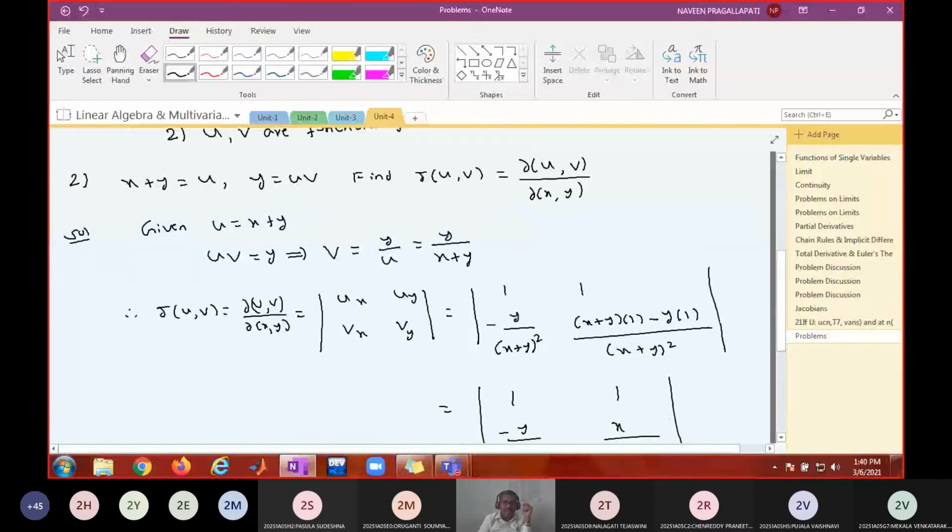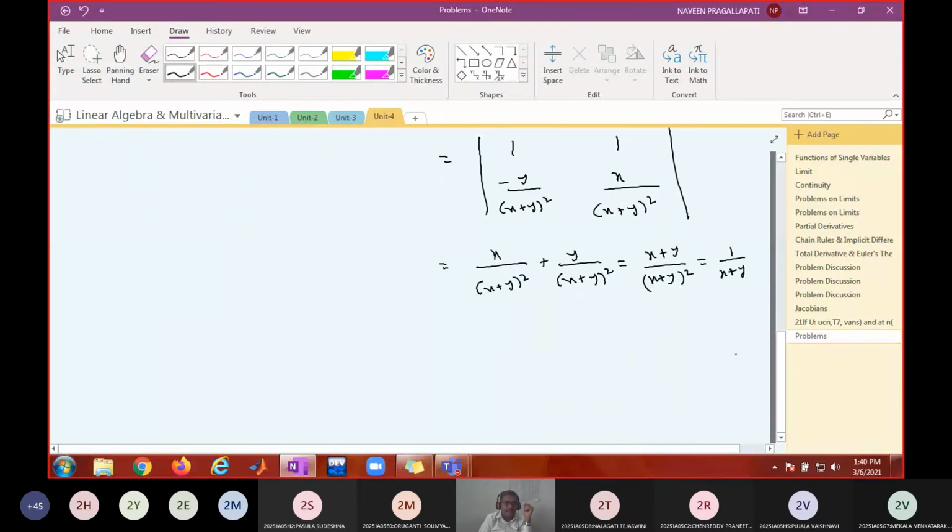Shall we verify chain rule also? Okay, so we'll do this one more. Verify the third one. Verify J dash equals 1 and the chain rule. I think it is not chain rule. We will see later. J dash equal to 1 for the above problem.